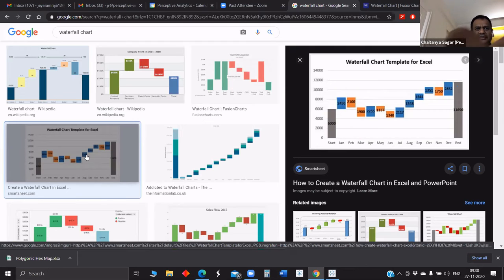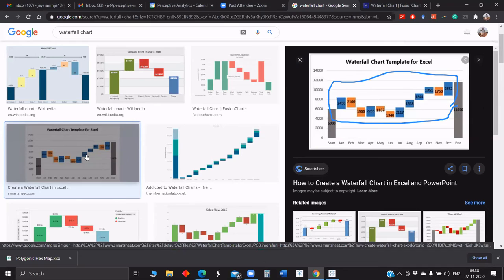But what's happening is that during this particular period, from January all the way till December, there are, for lack of a better term, fluctuations. There are changes happening throughout the period, leading to either positive or negative. Please note that it is in that particular order: January, February comes after January, March comes after February, and so on. So there is a particular order, and it has either a positive or a negative.